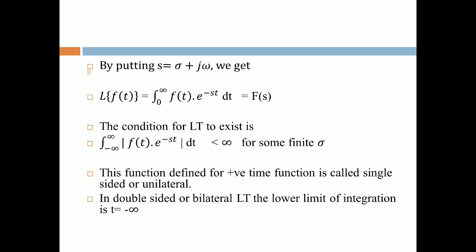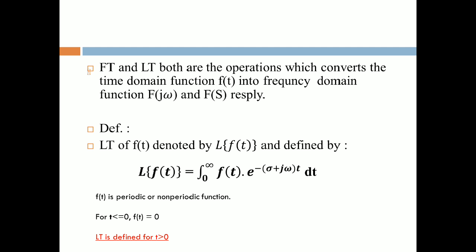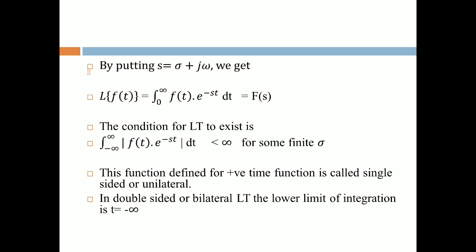Now, if I put sigma plus j omega is equal to s, the equation becomes Laplace transform of f(t) is equal to integral from 0 to infinity f(t) e raised to minus st dt. The condition for LT or Laplace transform to exist is, so whenever Laplace transform exists, there is one condition that